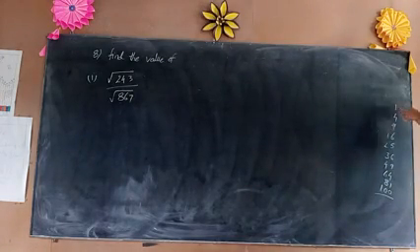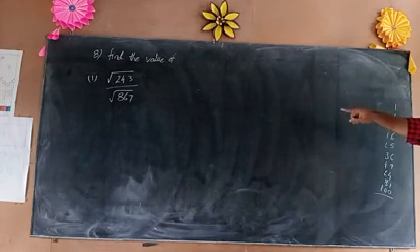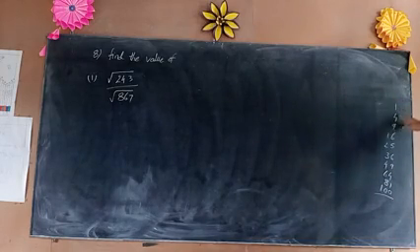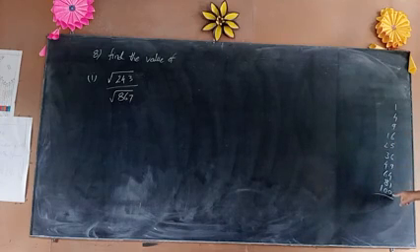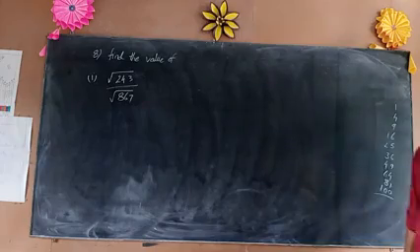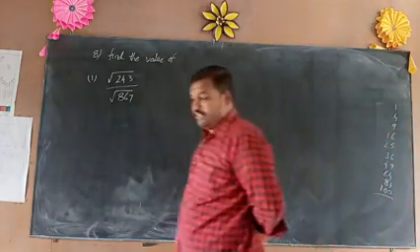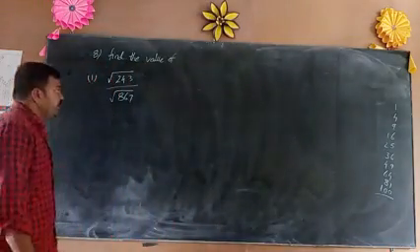Last digit 3. In 243, the last digit is 3. Here in our square table, 3 is not there as the last digit. 7 is also not formed as the last digit. So we cannot take that one in the square root division method. We have to go through the prime factor method for easily.